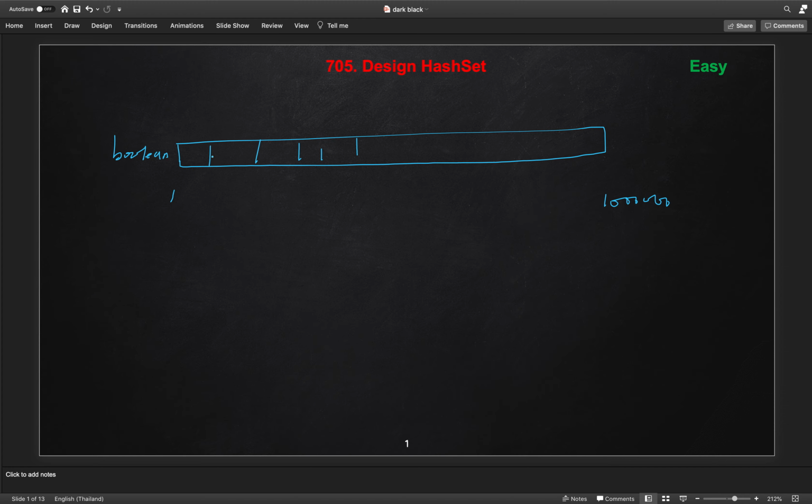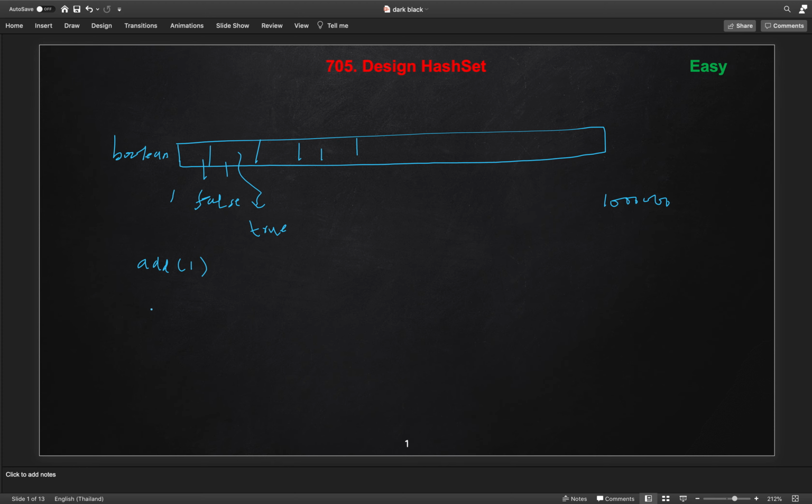By default every value will be false. Whenever we get an add call, let's say add 1, we will go to index 1 of our array. The array is 0-indexed, so here we will mark it as true, so we have a value at this index.